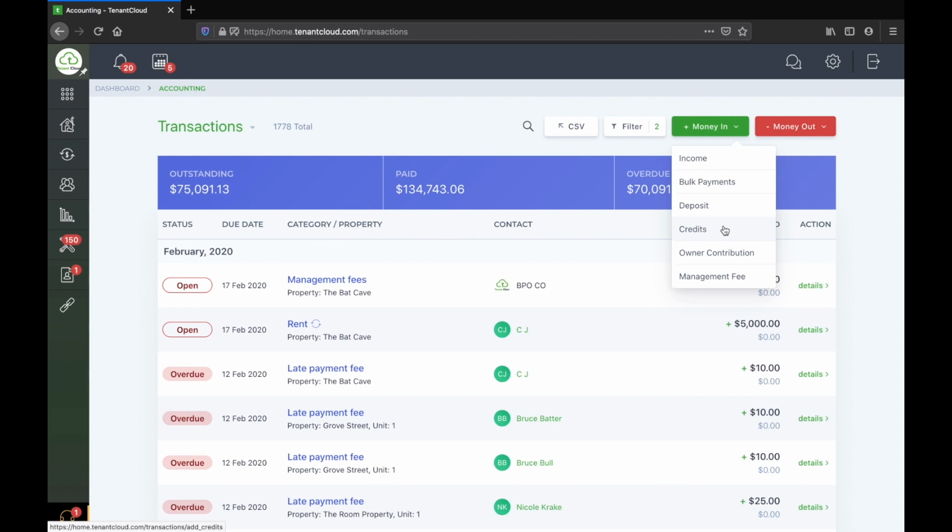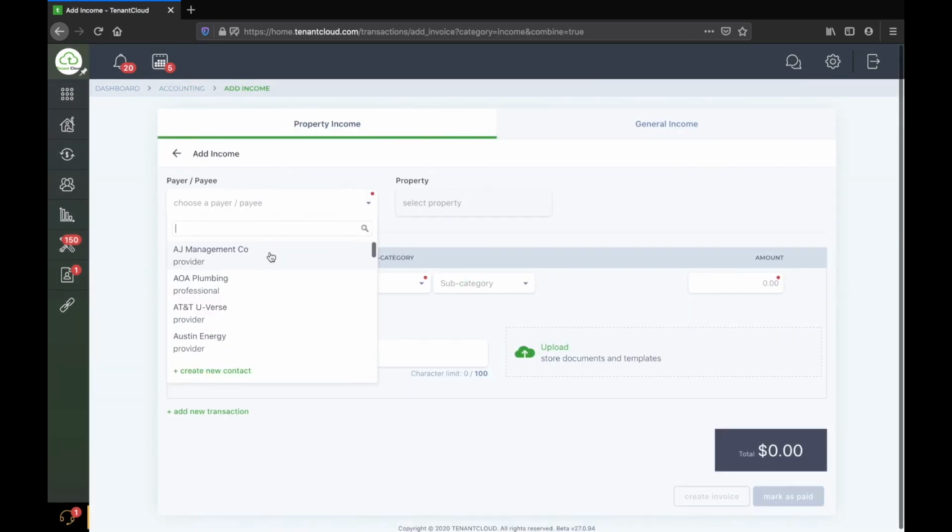So let's say you have a broken gutter. Your tenant says, hey, I'll repair the gutter. You give them a credit of $100 towards their rent for that month. You really do need to record that as income because you have to report that type of thing as income according to the IRS. So for any money in, you would just click money in, income,